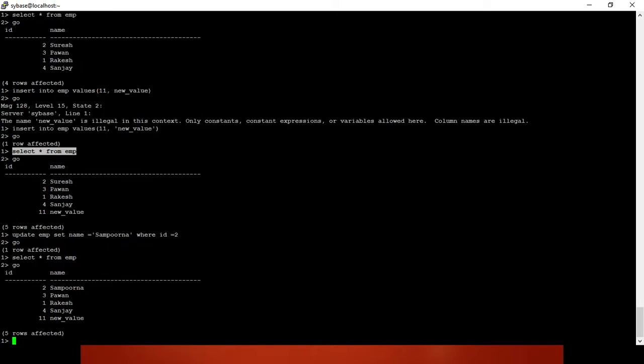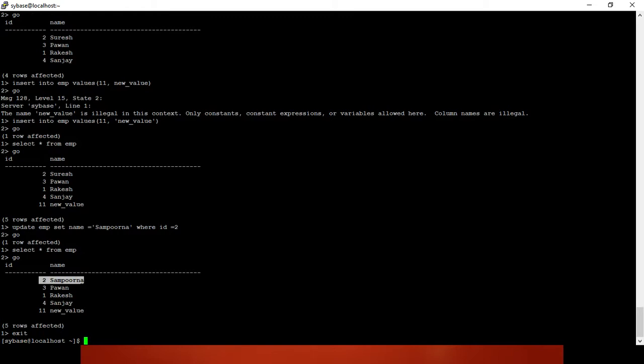You can see the record is updated and the record is added. So in this session you have learned how to create a login on the database server, how to create a user, and how to grant permission on a database object.